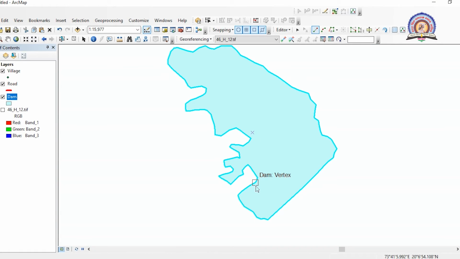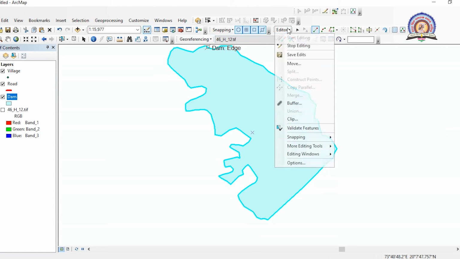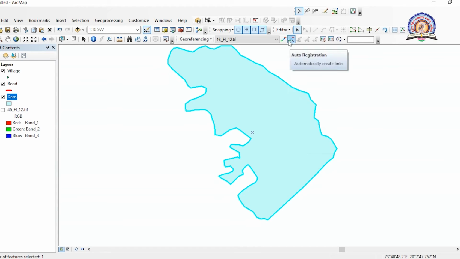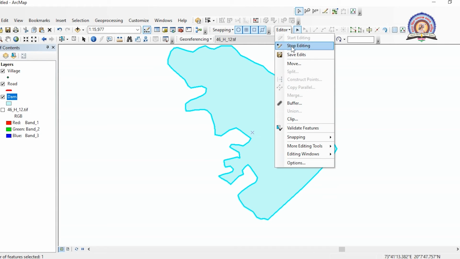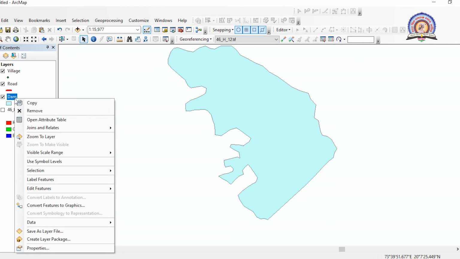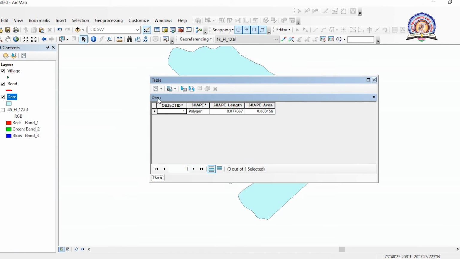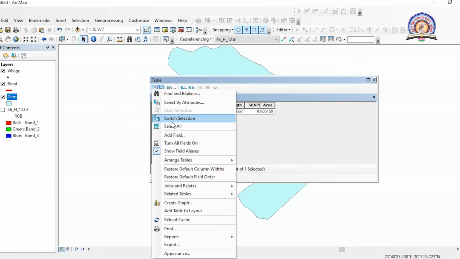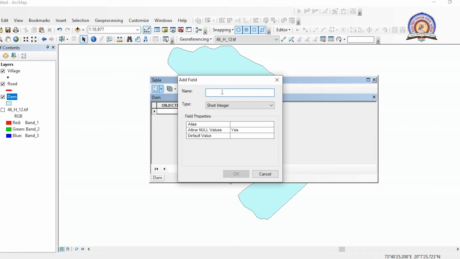So this is a digital layer of our dam. Here we have to do save edits and stop editing, because we have to give the name to this dam. So I will be clicking the attribute table, and once you have stopped editing, you can add a field over here, and again name.